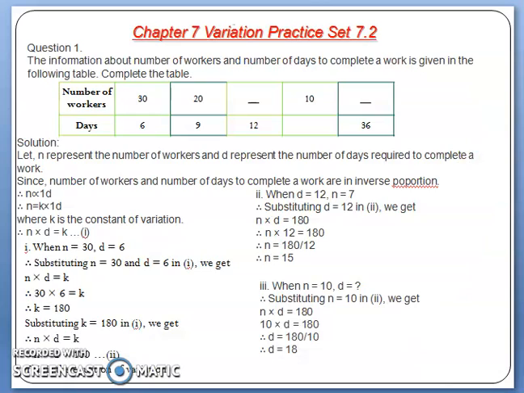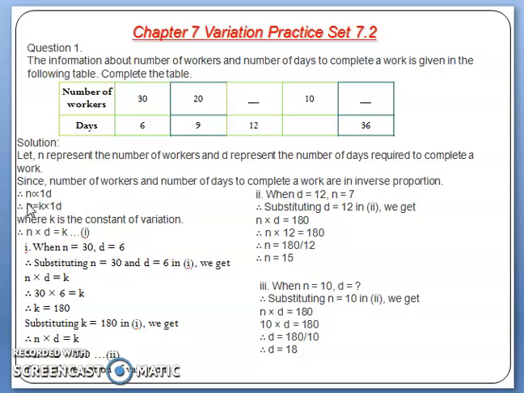The first question of practice set 7.2 is: the information about numbers of workers and number of days to complete a work is given in the following table. Complete the table. Here the number of workers and the days are given. Solution: let n represent the number of workers and d represent the number of days required to complete a work. Since the number of workers and the number of days to complete a work are in inverse proportion,